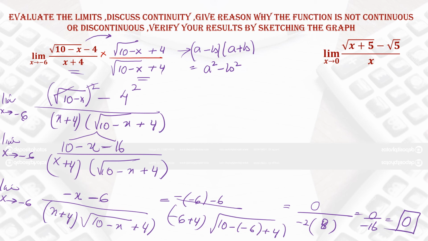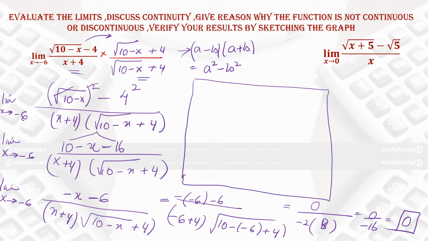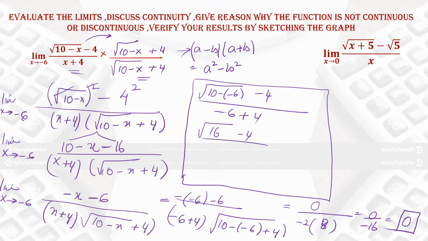So now understand that we have done the whole thing by thinking that we might get the indeterminate form. We can shorten this by writing a simple thing, meaning rather than doing all these steps, we can apply the limit at one time on the top, that means 10 minus 16 minus 6 minus 4, divided by minus 6 plus 4 in the equation, and we will come up with 16 minus 4 divided by minus 2. So that will give you the answer as 0. It is not the indeterminate form.